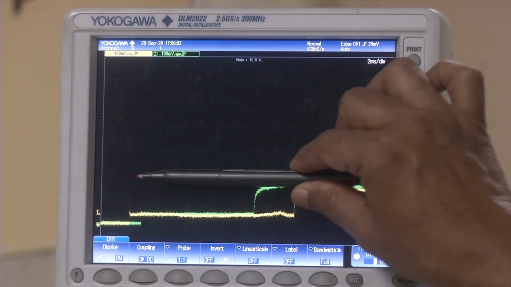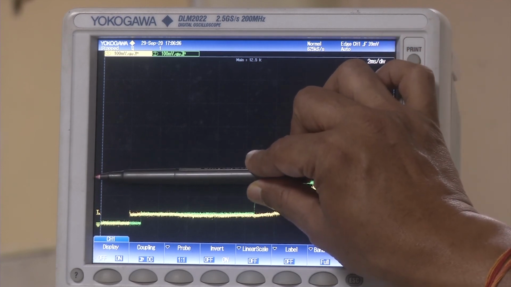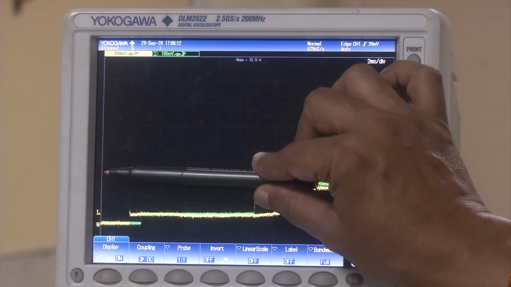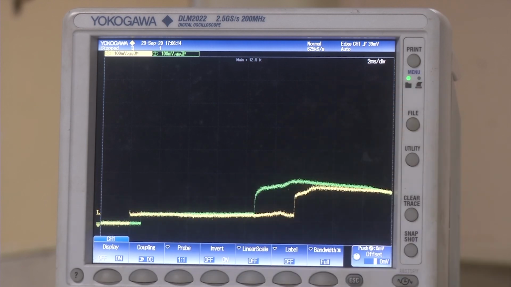Now, looking at the y axis scale, one can map how much pressure each division corresponds to. So, looking at the number of voltage divisions, one can capture the pressure jump across the primary shock as well as the reflected shock. So, this is the end of this demonstration of the shock tube, and as we have mentioned in the theory, more details can be found in the theory class.